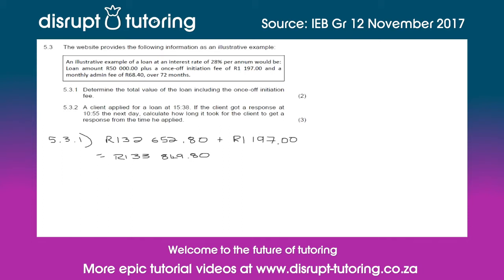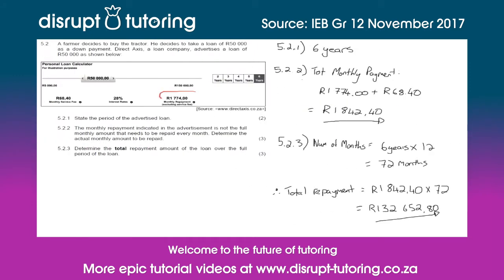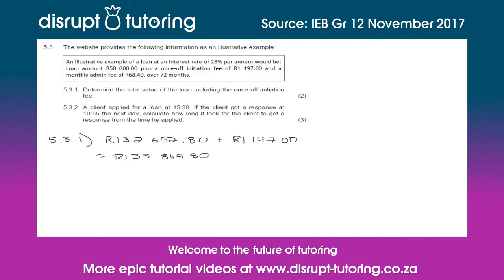And so just as a recap, we did the calculations already. They did tell us that the repayments amount was going to be this amount. So we take this amount multiplied by the 72 months, because it's over a 6-year period, and we need to add the service fee, and also we need to add the initiation fee. So that's just for 2 marks. And that concludes that question. Moving on to question